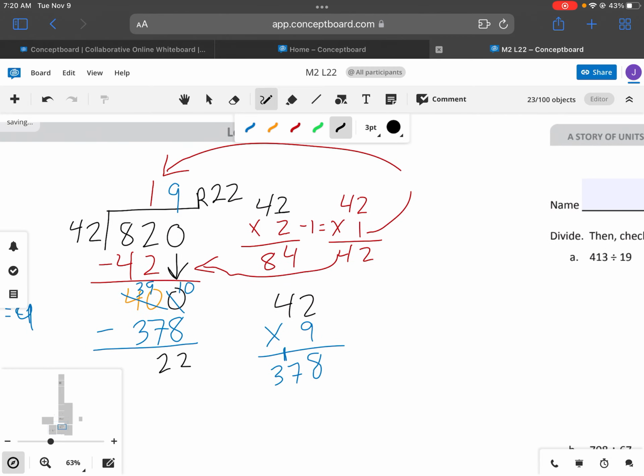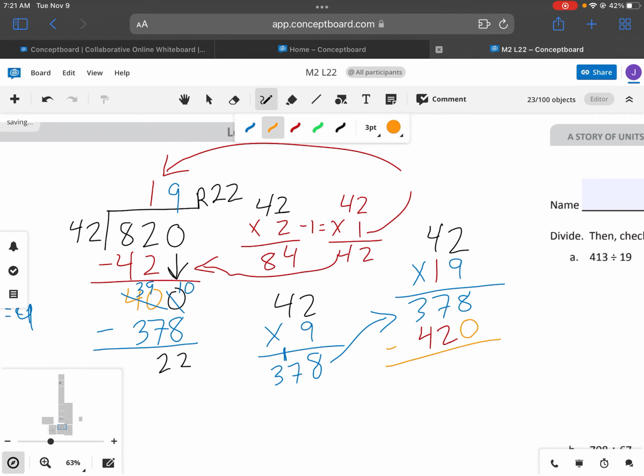Now how I'm going to check that is I'm going to multiply 42 times 19, and I'm doing it this way because I want you to understand how to do it. So 9 times 2 is 18. We already did this. It's 378. And then we're going to multiply 1 times 42. So hopefully you see that's 42 with that extra 0, because it's actually 42 times 10. I'm going to subtract that, or add that, excuse me. And when we add that together,